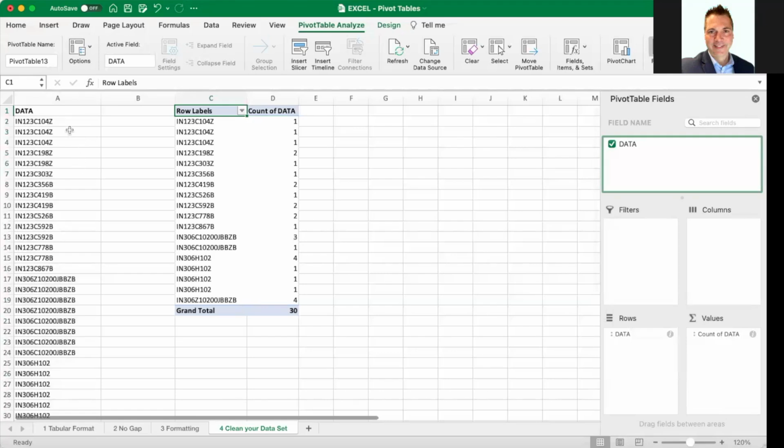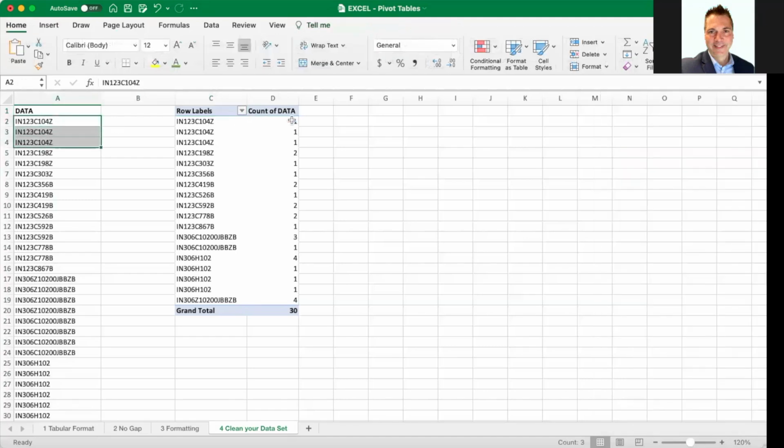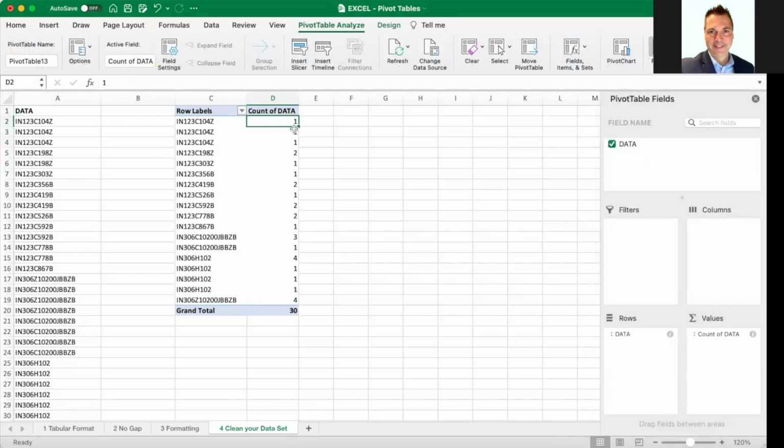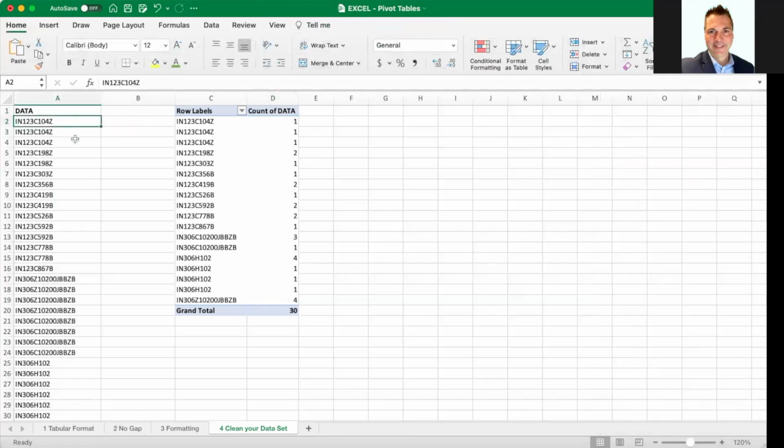And here, notice that for the first item that ends with 104Z, there are three of them here, but it counts them separately in the pivot table. So why doesn't it group them together and count it as three of that item? The reason here is probably because of